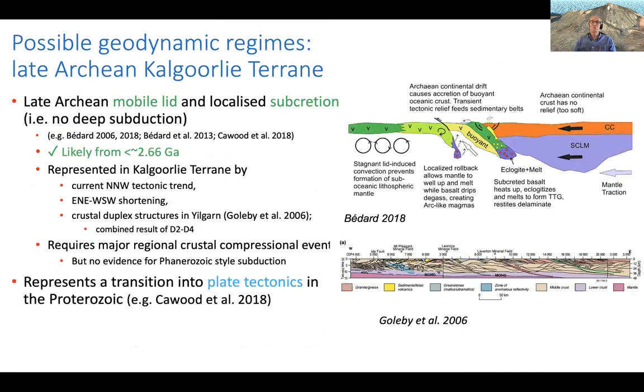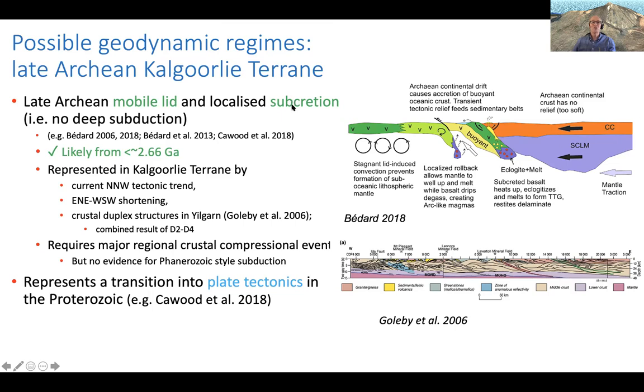Nonetheless, we also have to explain the deformational fabric that's preserved not only in the Kalgoorlie terrane, but other terranes of the Yilgarn Craton. And this is reflected by northwest tectonic trends, east-west shortening, and the crustal duplex structural profile that's been imaged throughout much of the Yilgarn. This can only be explained by a significant crustal compressional event. And in the absence of Phanerozoic style subduction, those criteria that we've already discussed, the preferred model is mobile lid